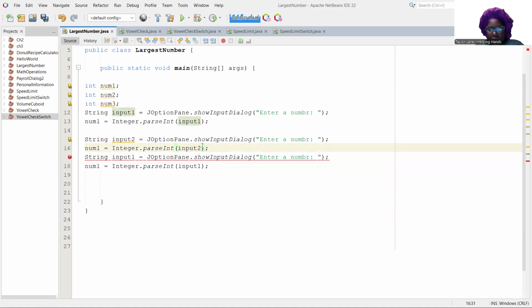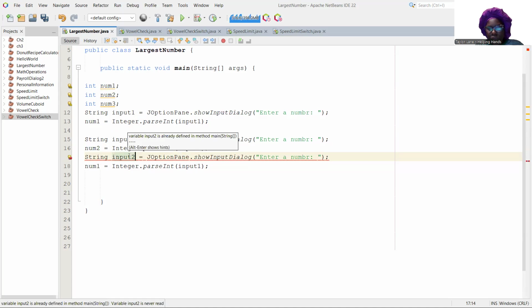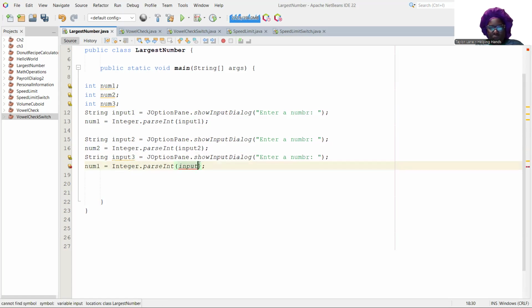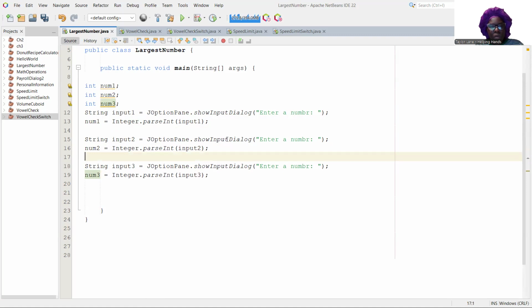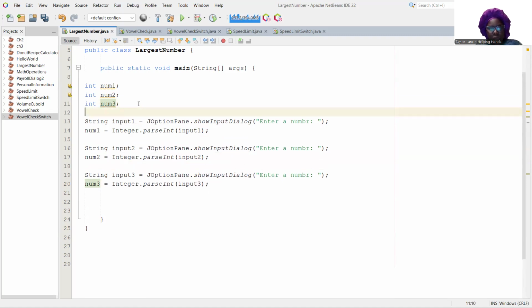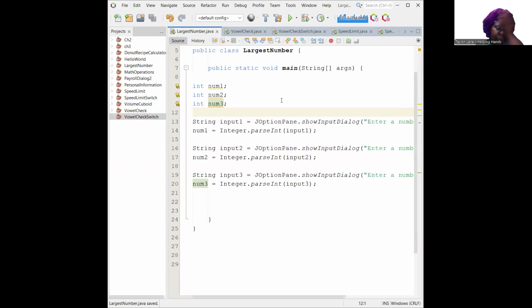Num2. All right, that should be easier to understand. All right, now that we got that out of the way,